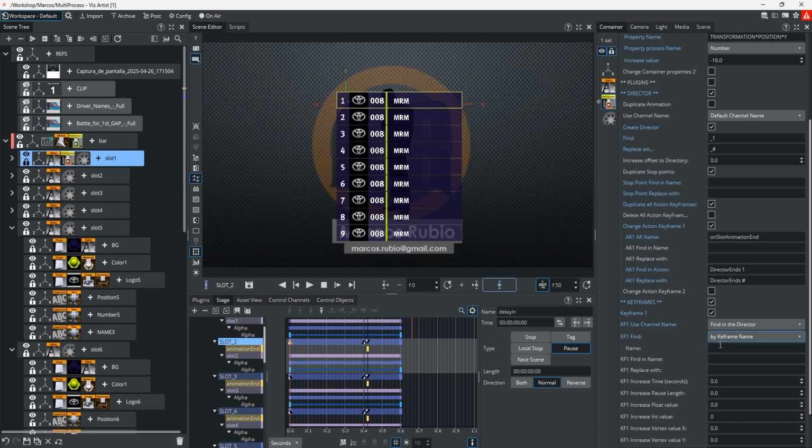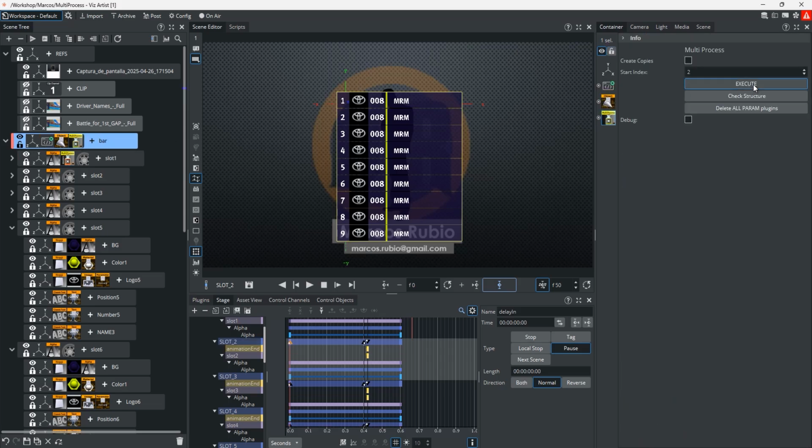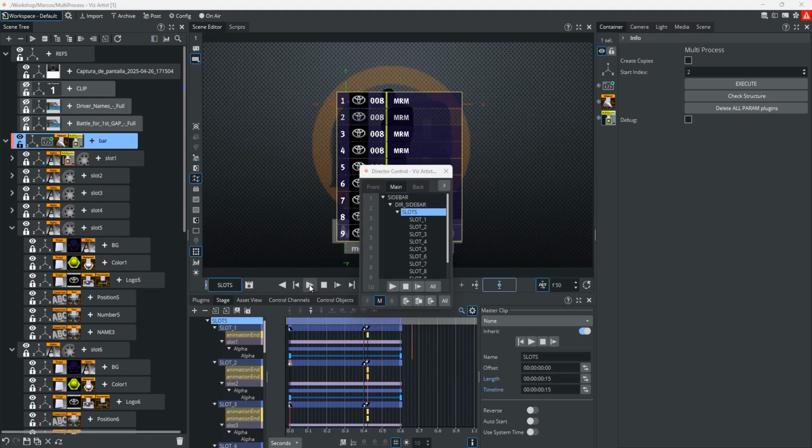I'm going to find the keyframe by name, and the name of the keyframe is delay 1. And I'm going to increase the pause by 1 second. So I can come back here to the multiprocess, execute it, and then if I go to slots and play the animation,